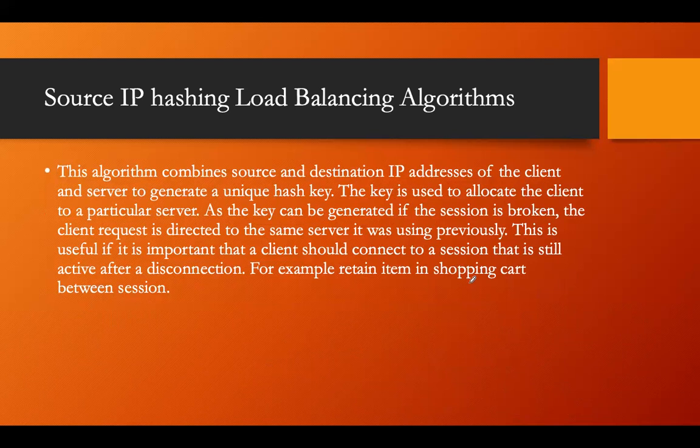Okay, so the last method is called the source IP hashing load balancing algorithm. Let's see this. This algorithm combines the source and the destination IP address of the client and server to generate a unique hash key. The key is used to allocate the client to a particular server. As the key can be generated again if the session is broken, the client request is directed to the same server